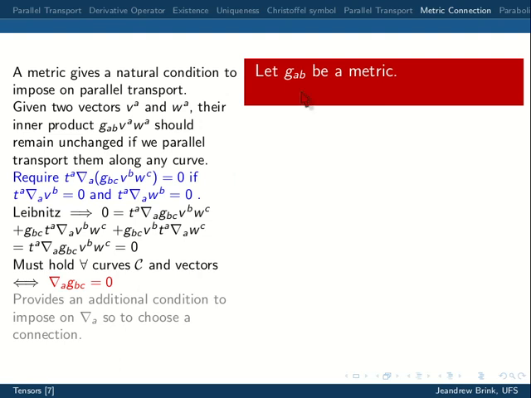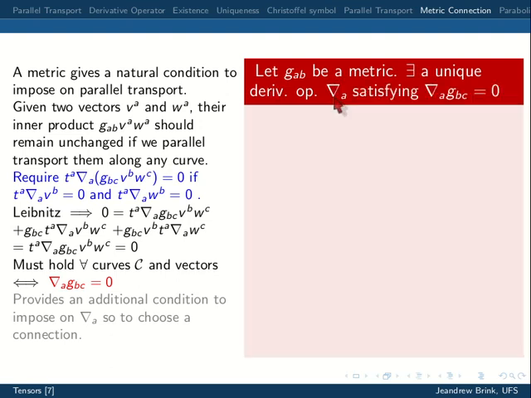Okay, so let's do this now. And here the actual computational techniques come in for actually computing these gammas. So if we say let g_ab be a metric, then there exists a unique derivative operator, which we call nabla_a, that satisfies this condition: